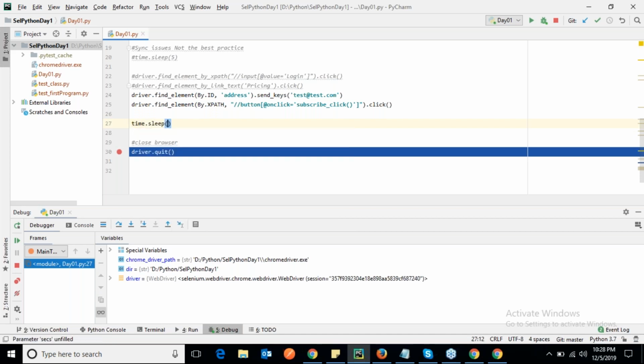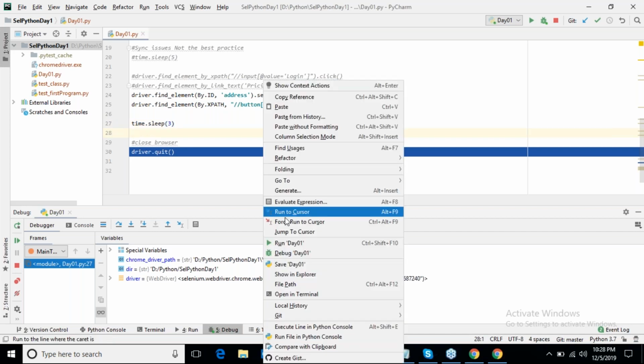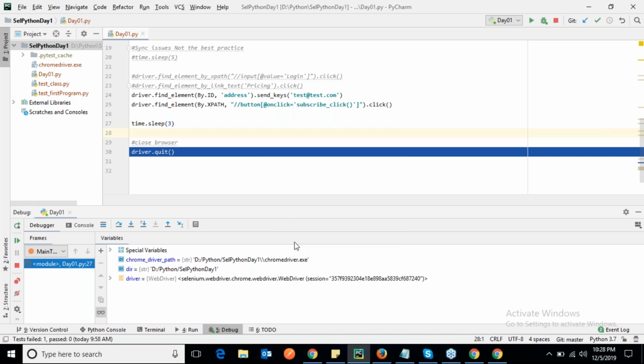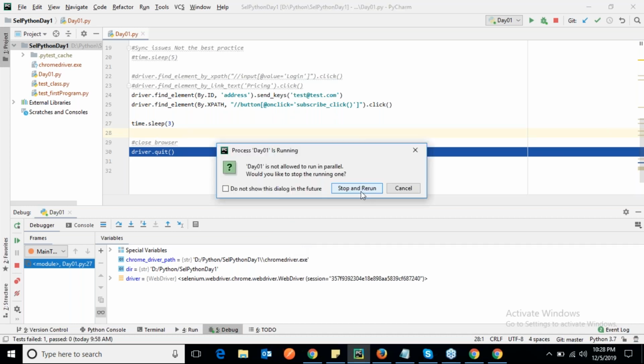Time sleep in seconds, suppose 3 seconds, so that I can see what is happening. Okay, I'll remove this. Even if you don't remove the breakpoint, it doesn't matter because we will not be running in the debug mode, so let me click stop rerun, and